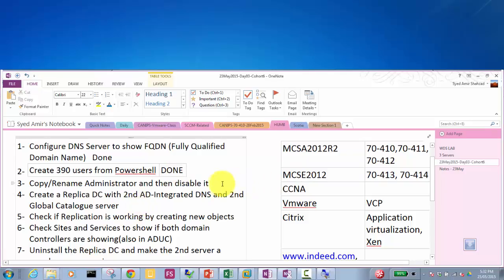Okay, third task is copy, rename administrator account. So that's going to be easy, but be careful, guys. In last cohort, this happened to one student. No, nothing bad happened. But anyway, we need to copy another account with administrator privileges, and then we are supposed to disable